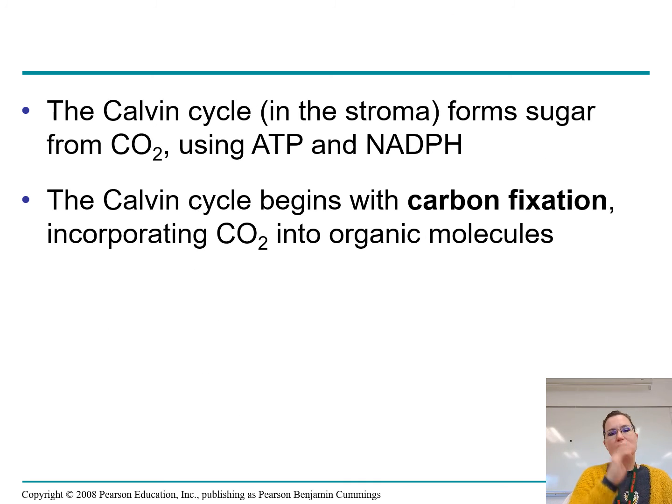And so then it goes into a different little cycle or part of the leaf, and then we go through what's called carbon fixation. When you fix something, it's not like repair, it's like a fixative, or to affix, like glue. When you carbon fix, it means you're bringing a carbon in and you're attaching it to the rest of the stuff. And so now we have our hydrogen that came from our water, and now we have carbon dioxide that we're bringing in. And so we have carbon, hydrogen, and oxygen, and we're going to put them all together and we're going to make glucose.